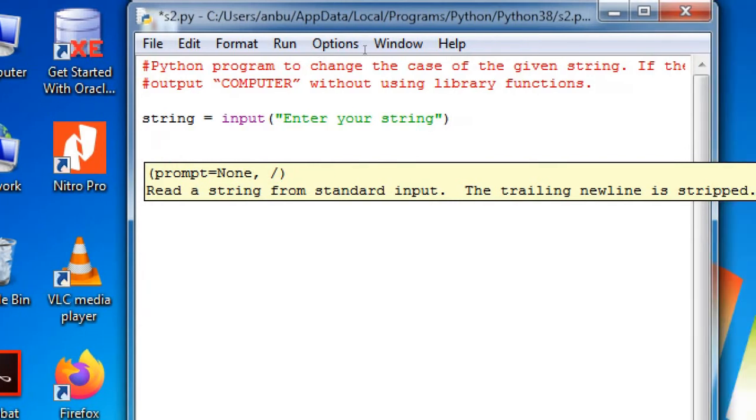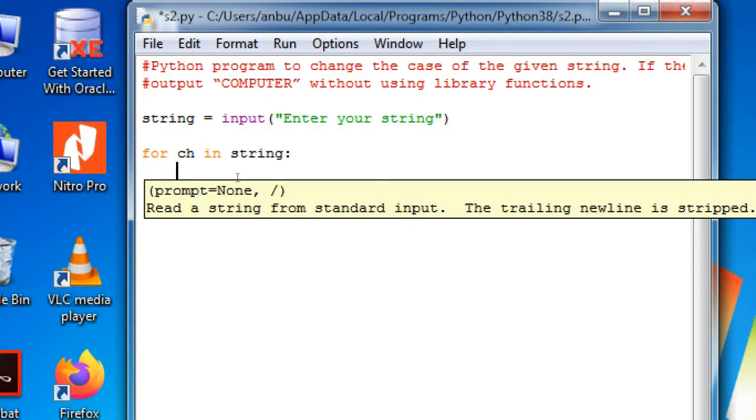So as per the problem statement that is given, the string must be entered by following a condition that the letters of the string should be in small letters, or they must be in lowercase. We need to change them to the uppercase. So in order to iterate through the characters in the given string, I'm using a for loop here, for a character ch in my given string. I'm checking for any character ch in the given string.